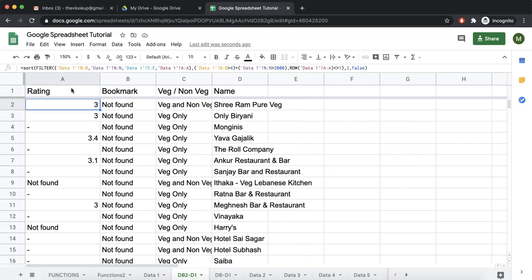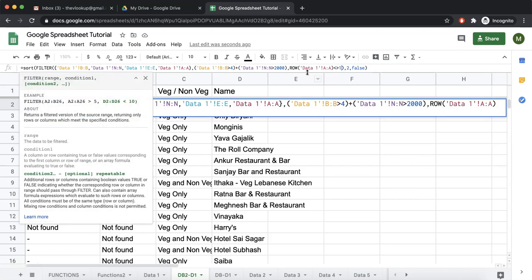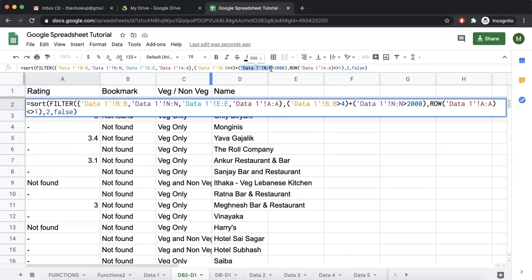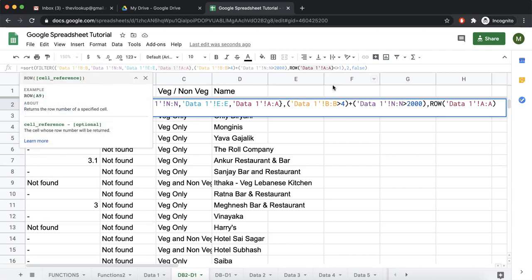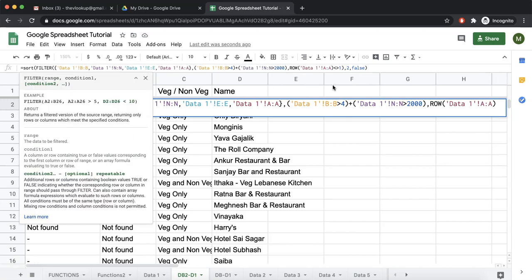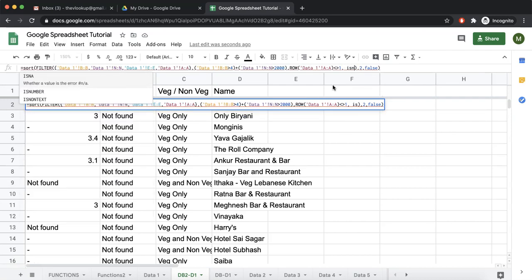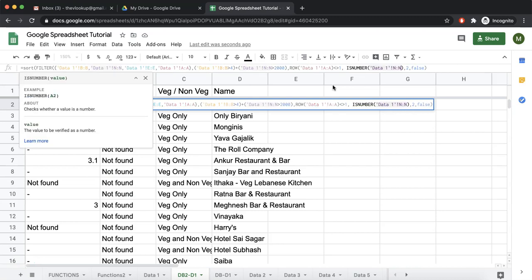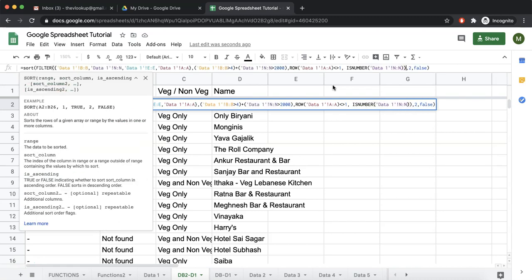Let's do one thing, remove all the non-numbers. So for that, in the filter function we have to write is number, this one, column n. So we copy this, and before the filter finishes we write is number, paste it, is number close, and filter close.